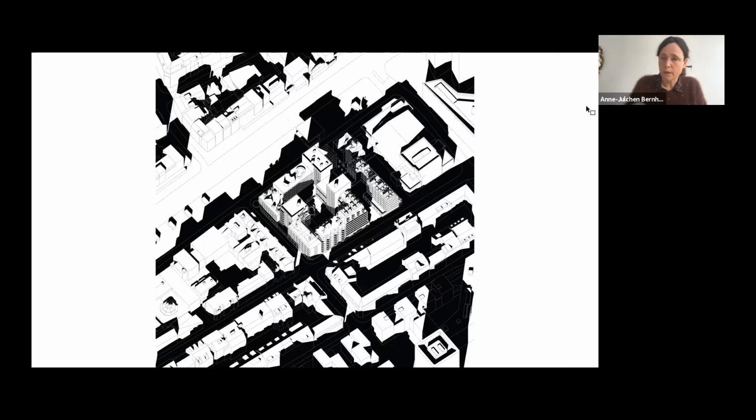Then there was an architectural competition where we also won two parts: the main building towards the Spielbudenplatz, the main square, and a simple apartment house in the backyard. There are others, like the apartment building by Lacaton Vassal, and Fels 72 from Vienna and IV from Berlin, who did the other buildings.